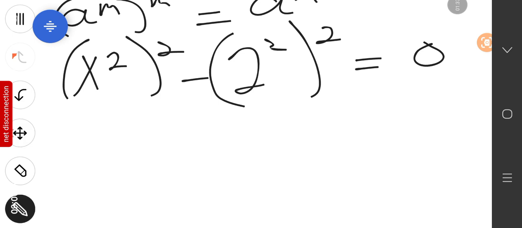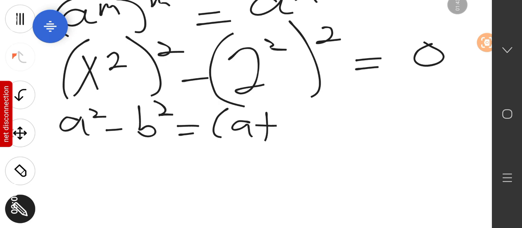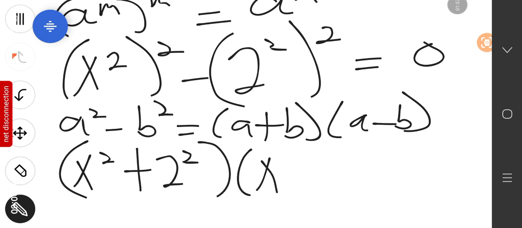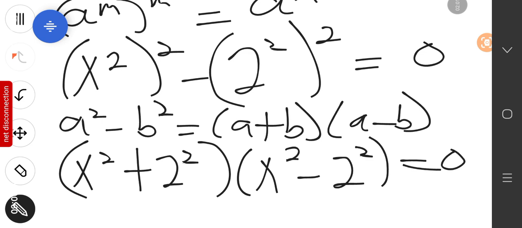Let's quote the formula: a^2 - b^2 gives us (a + b)(a - b). Applying this to our equation, we have (x^2 + 2^2)